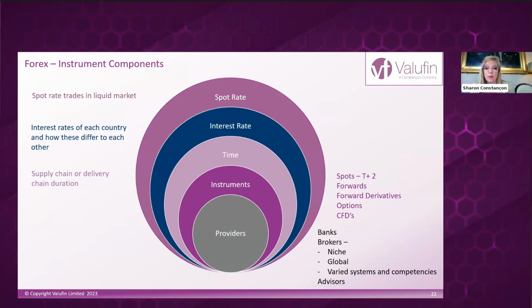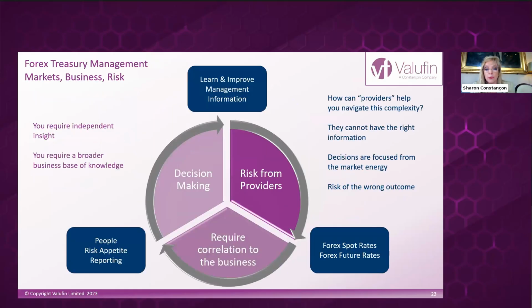We then have time. When do we want the cover? When do we need the cover? What is our supply chain? How soon in that risk journey have we made the decision to interact with the market and decide that we're going to take cover at the current spot rate? So we have a time element. We have all the different instruments that we could use, and we've talked about a few of those today, lesser or more risk. And then we've looked at the providers between banks and brokers and how they might be able to add complexity or bring better solutions for us.